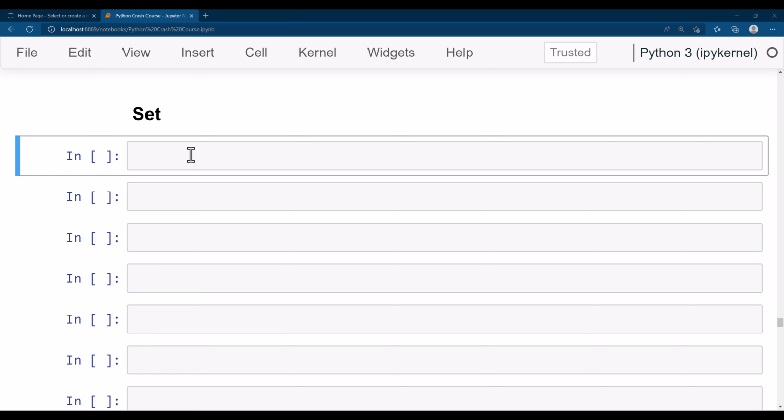Alright, let's go ahead and get started with the set in Python. Set is also like the list and the tuple, but there are some differences. Set is unordered, but the tuple and list were ordered, and tuple was unchangeable, list was changeable. That means tuple and set are immutable, but there is a little minute difference between the definitions of immutability while we